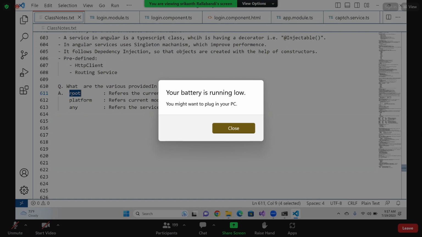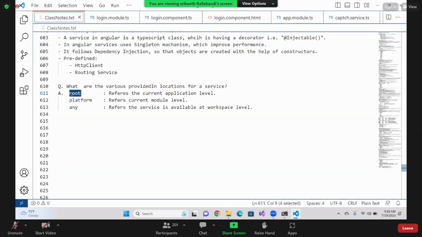I told you in the very beginning, the workspace environment is not adopted by all the companies. Companies created individual projects, some companies. But Srikanth, why you worked on the workspace environment is, I told you I'm working on around 60 plus projects in my